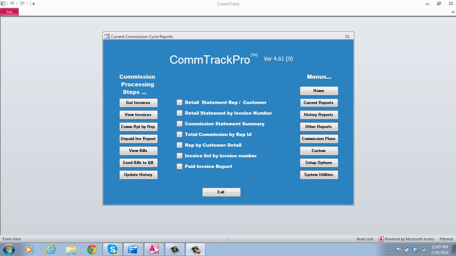Hi, today I'm going to do a little overview of how CommTrack Pro works and the differences between CommTrack and CommTrack Pro. After you install the software and you first bring it up, this is the main screen that comes up. The left side is the processing steps that you would go through on the commission cycle, whether it's weekly, monthly, whatever. And these are reports, history reports, the plans you can set up on CommTrack Pro, some custom, and the